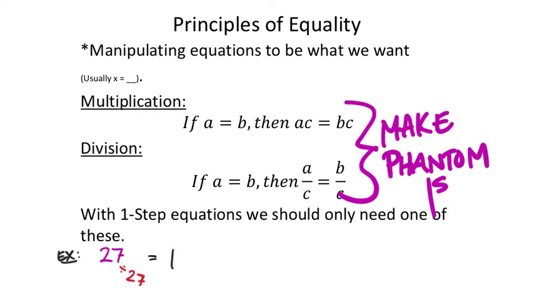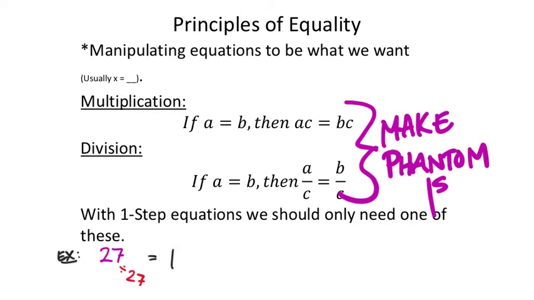And so we see kind of a repeat of these values, right? So 27 divided by 27 is 1. Just like we saw with addition and subtraction, right? You either add or subtract the same value in order to get a phantom 0. But now we're trying to get these to be phantom 1s. And it would work the same way with